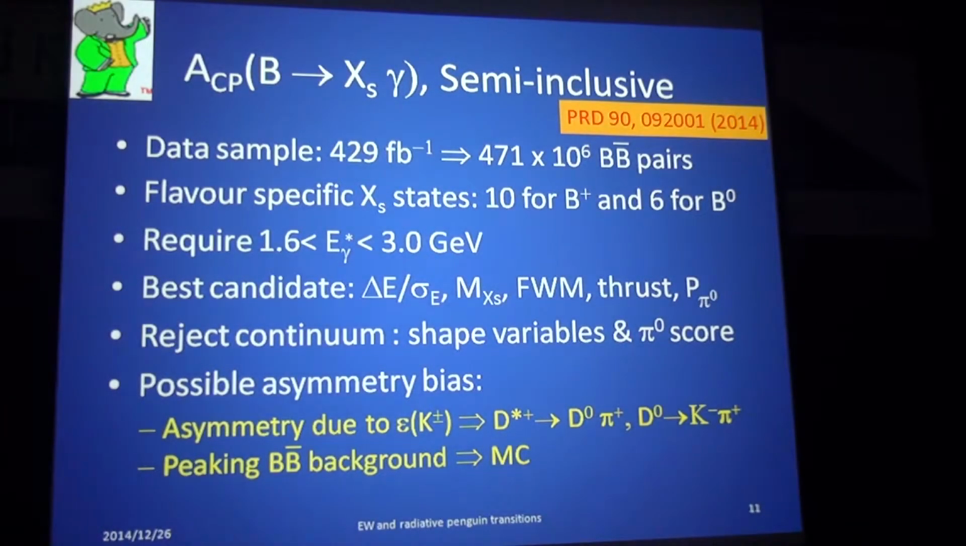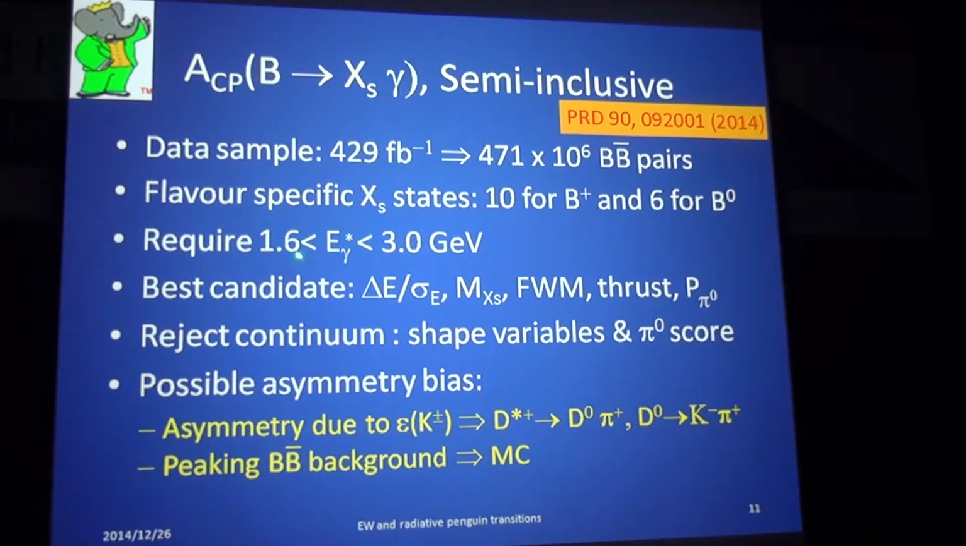Okay, this is the recent result published by BaBar. The semi-inclusive approach is very, very similar to what I just talked about for the Belle technique. So they reconstruct X_s in 16 different states,